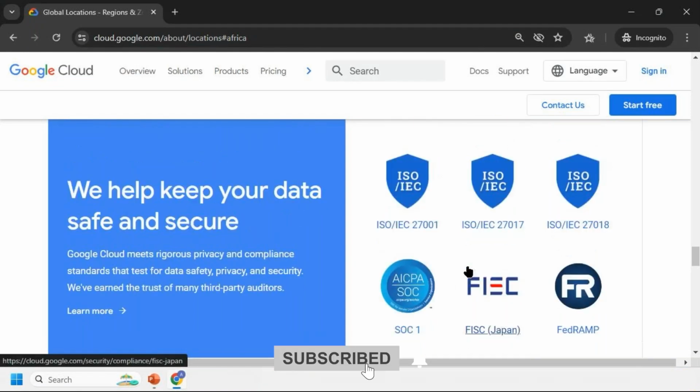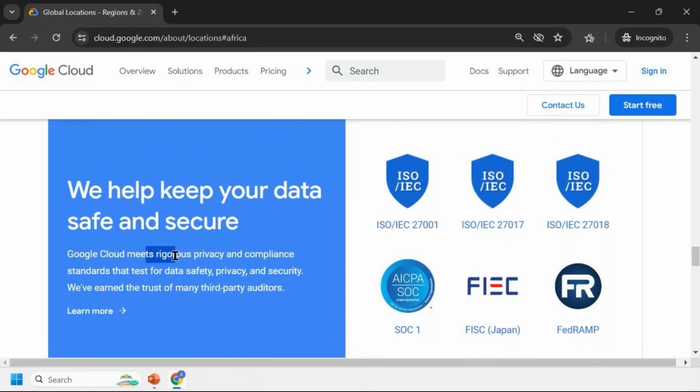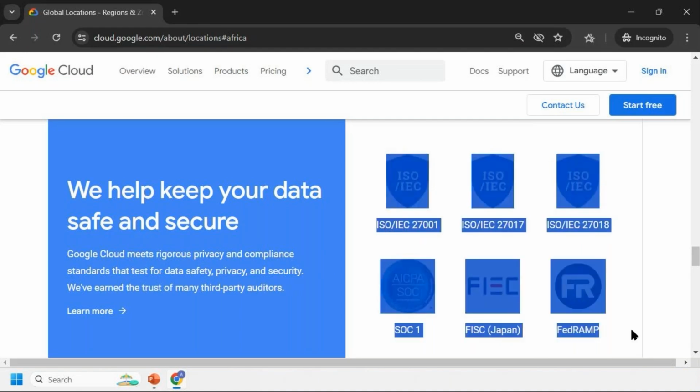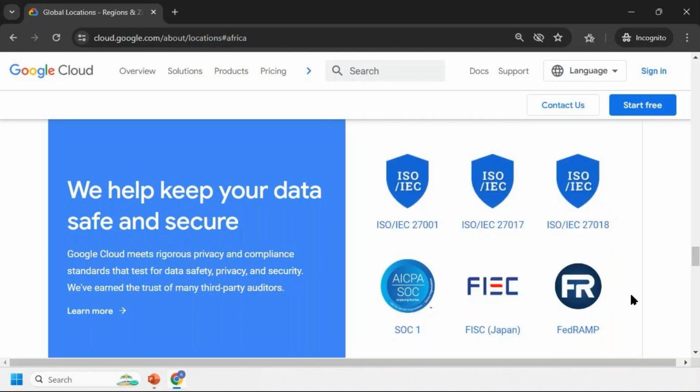Fine, they are fulfilling all the compliance and the standards for data safety, privacy, and security in place. They are using good encryption in place, all these kinds of things. So these kinds of compliance certificates that cloud providers receive, definitely the client gets a good